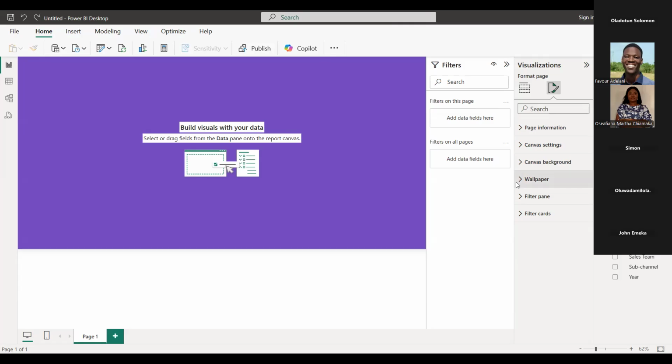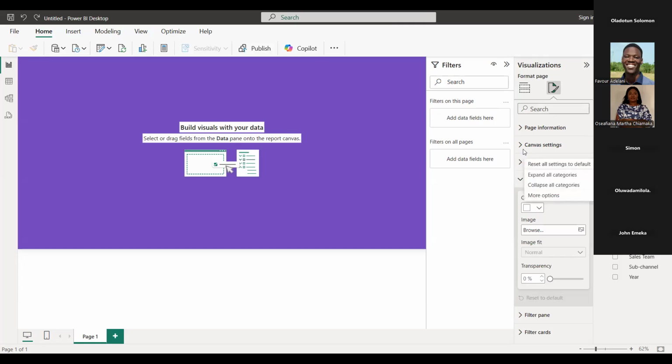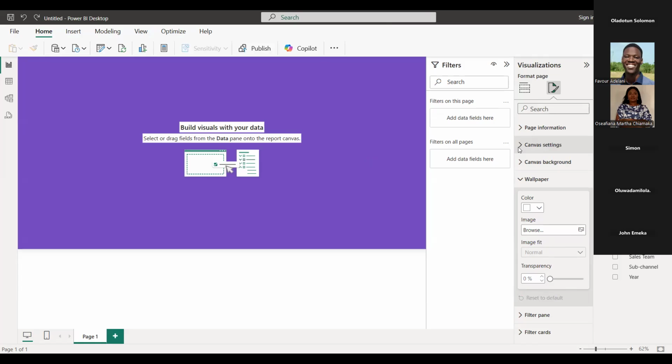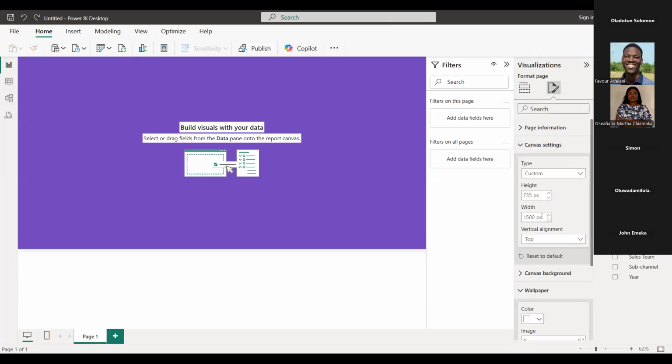Now, after canvas background, we have wallpaper. I'm very sure some people are wondering, what's canvas background? What's wallpaper? Stay with me. Let me quickly explain the difference. Let's go back to our canvas ratio. Let me reduce this ratio to say 1,200.